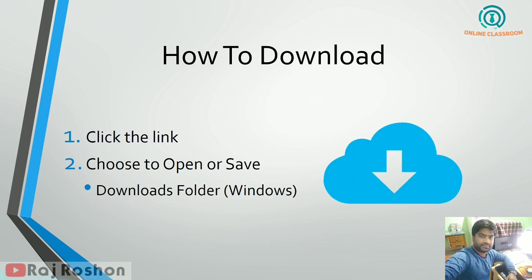So first thing, you have to click on the link, whatever you want to download. So you have to click on the link and then choose open or save. That is, wherever you want to save, you have to choose the location and click on the download button. Okay,